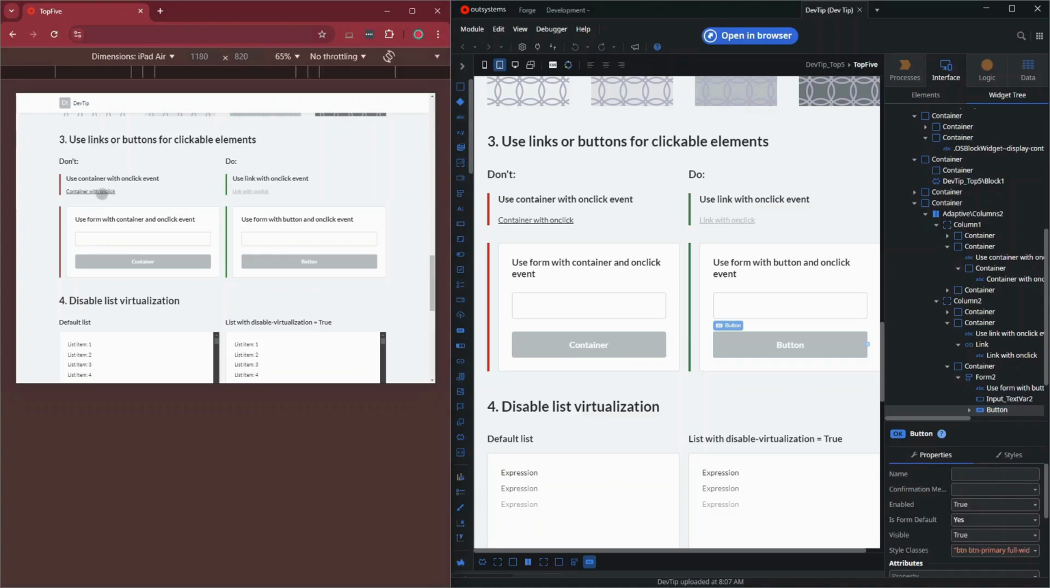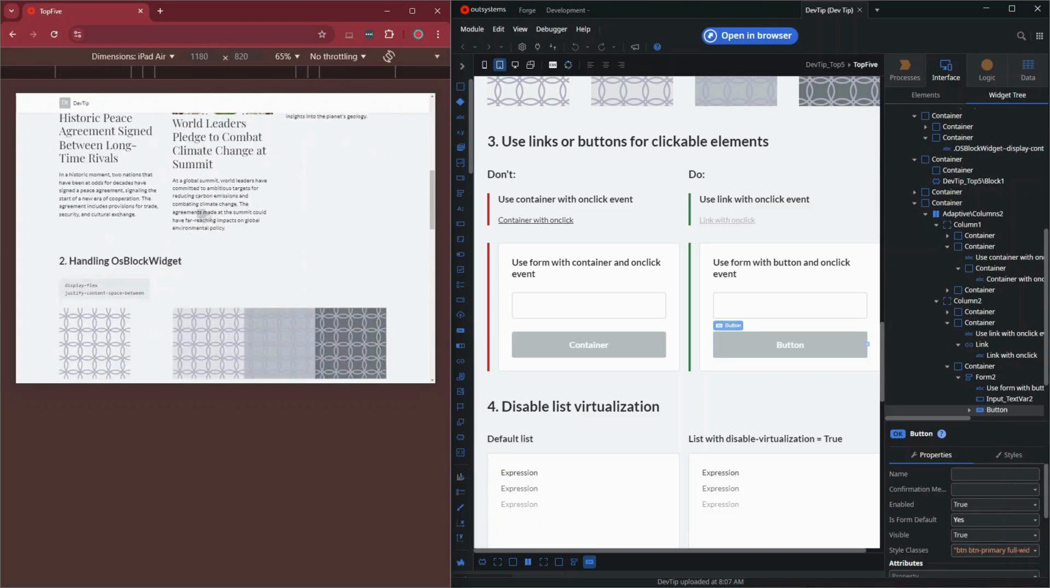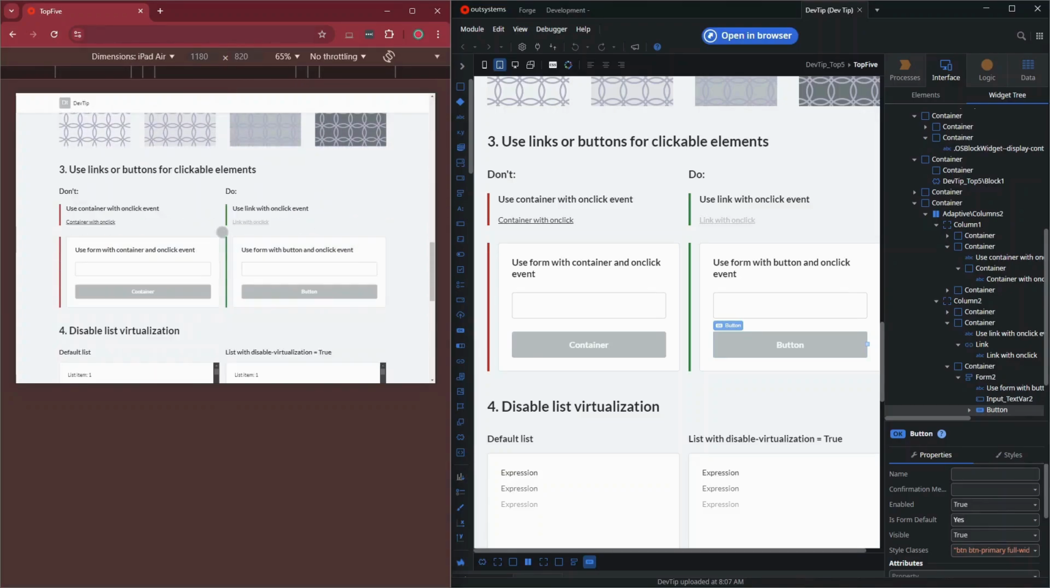On the left, we see a don't scenario, using a container with an on-click event. Notice how using containers in this way prevents standard browser behaviors like opening in a new tab, and if you place such a container inside a form, pressing enter won't submit the form. This creates a poor user experience, not to mention the accessibility issues that arise when containers are used as links